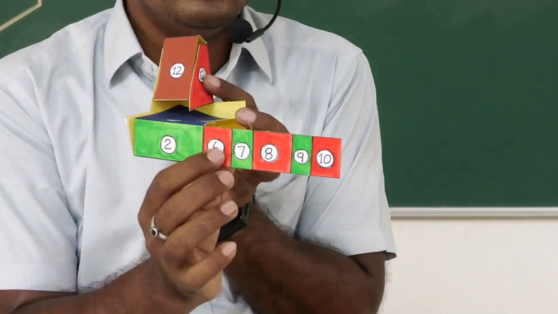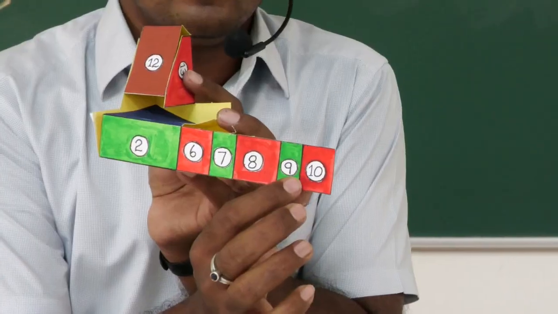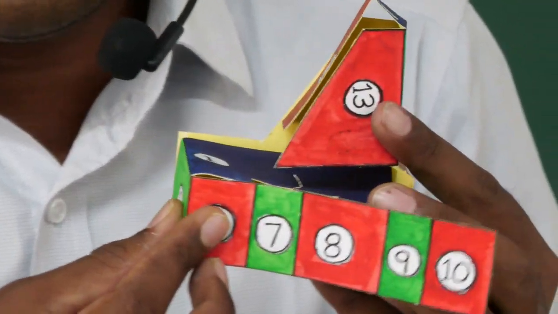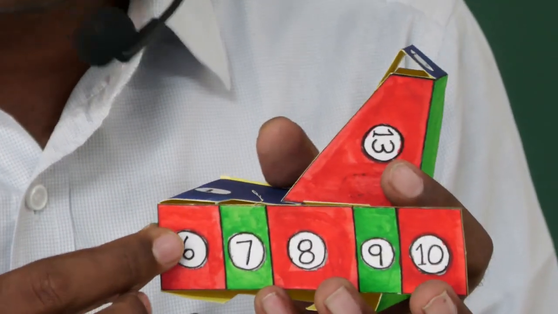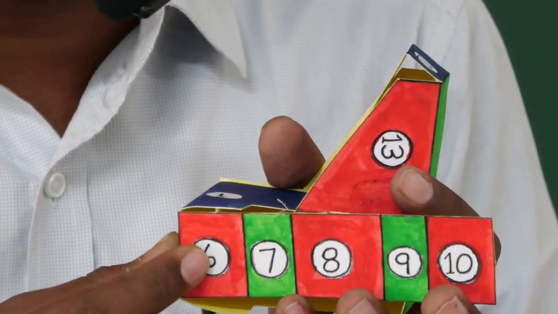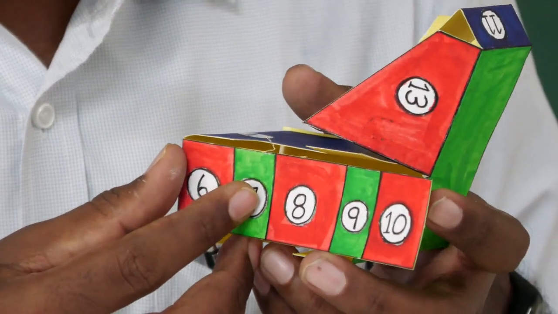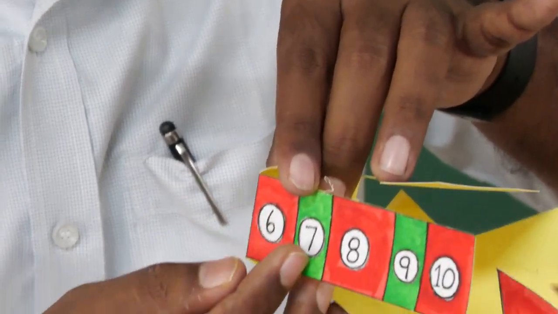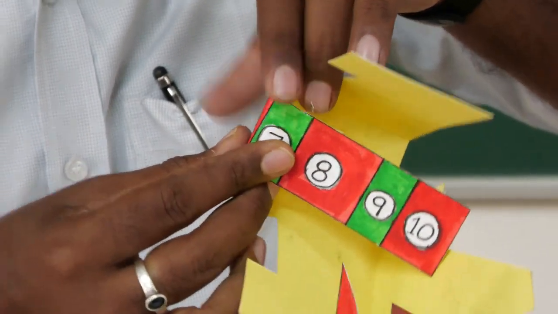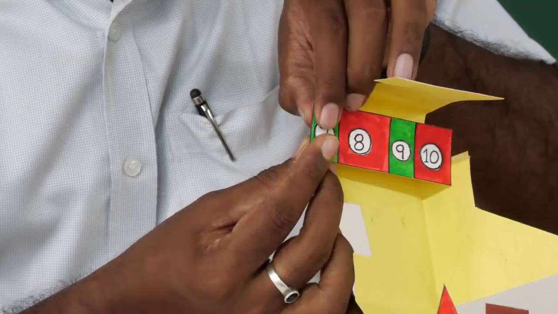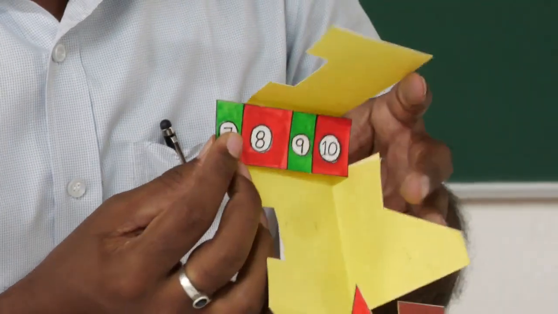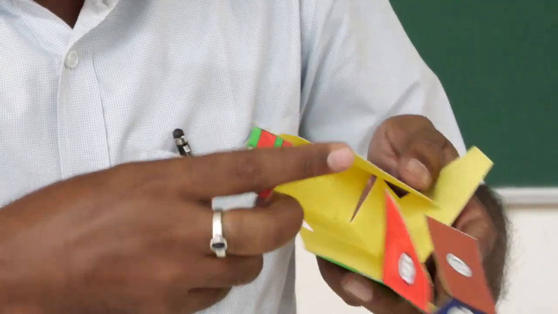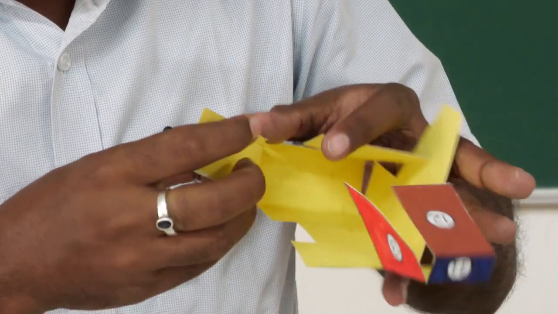Now we have to fold this front face of the bottom box. So in this front face of the bottom box, you can see the edge between 2 and 6. You can fold it on the outside. Then 6 is your left side of the front face of the bottom box. Then 7 is your left side of the slot. So for getting the 7, the edge between 6 and 7, you have to fold it on the inner side. You have to fold the edge between 6 and 7 on the inner side. Then the edge between 7 and 8, again you have to fold it on the inner side.